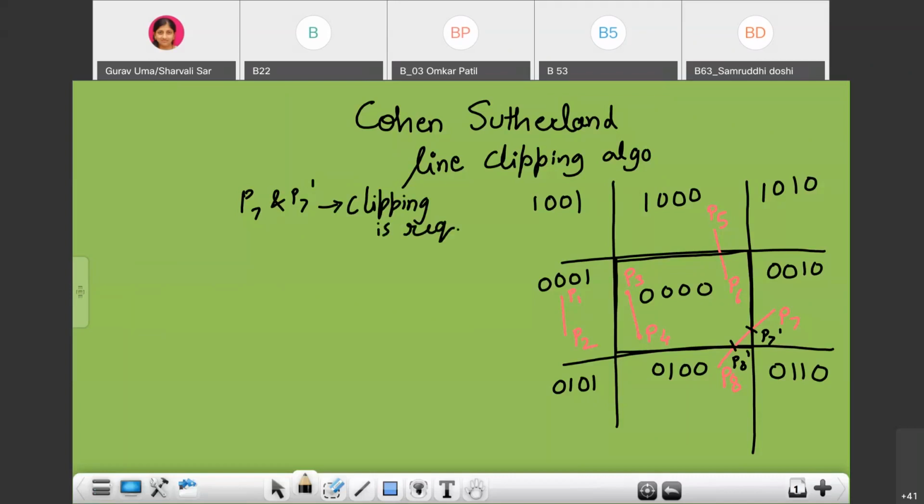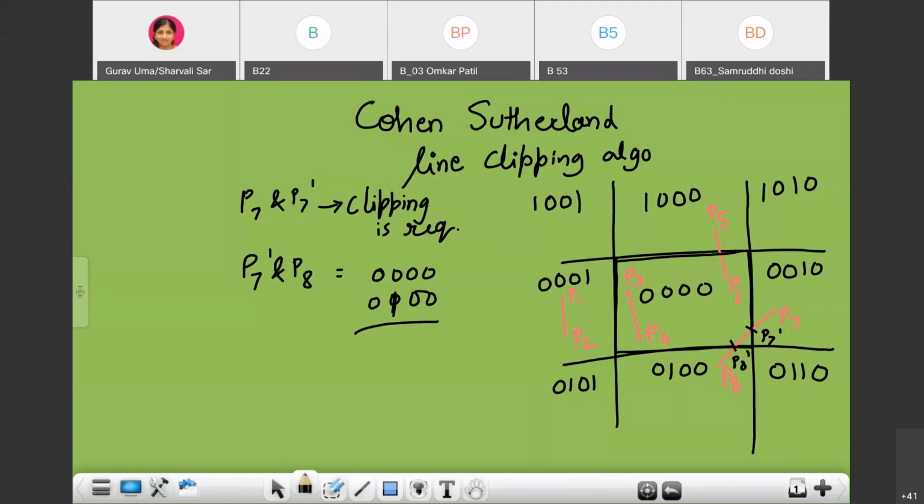Now take the other points, that is P7 dash and P8. If we consider the points P7 dash and P8, the region code of P7 dash is 0000, whereas the region code of P8 is 0100.